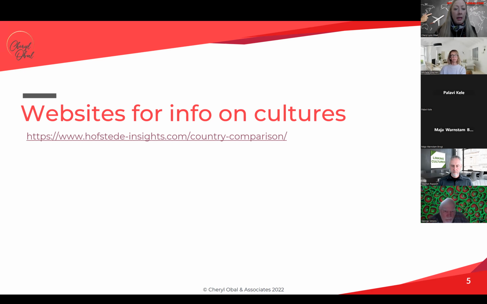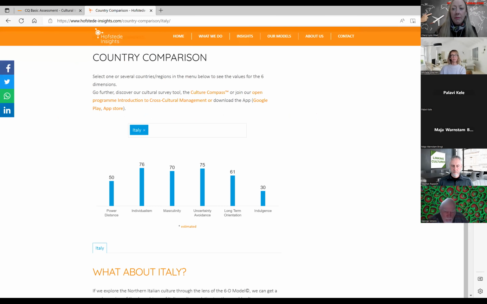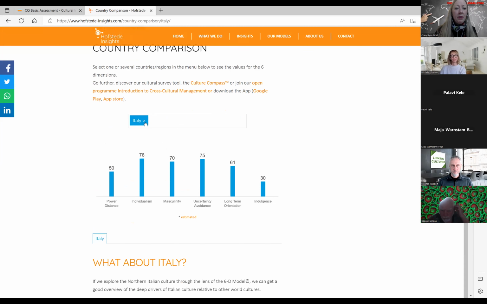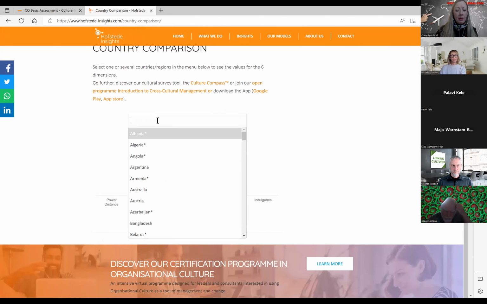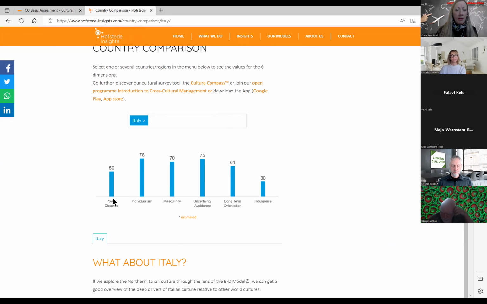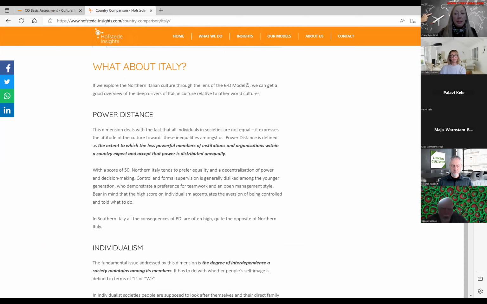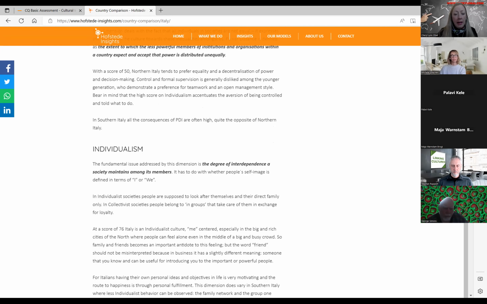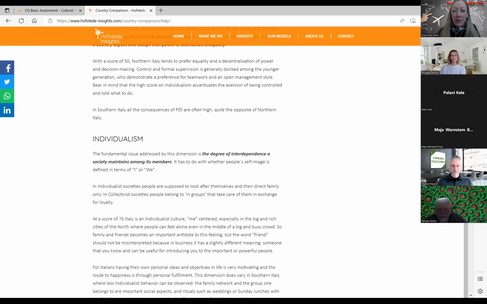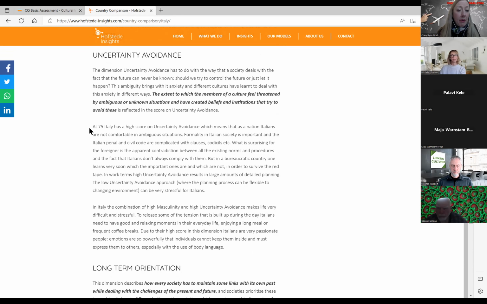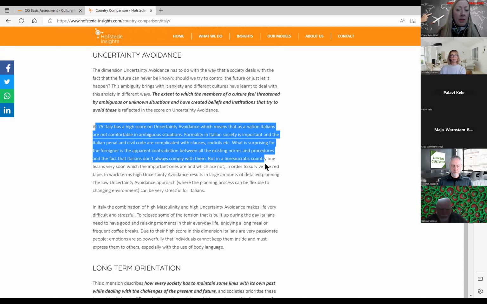Sorry, I just realized, can everybody see that? So there's a field here where you would just enter any country. I put Italy, and then I got all of these scores, where they fall on the dimension scale. And if you scroll down, you can see what these all mean, just to refresh your memory. I don't know about you, but I studied this a long time ago, so every time I'm going to use the dimensions, I have to go back and review them. What does that actually mean? And it'll tell you, like at 75, Italy has this, and this is why.